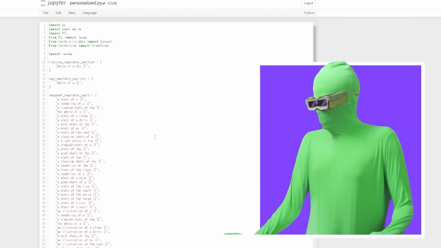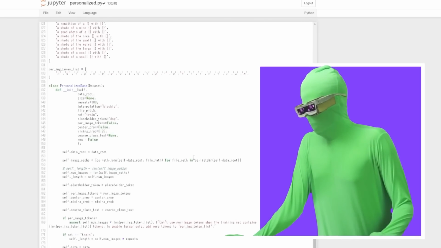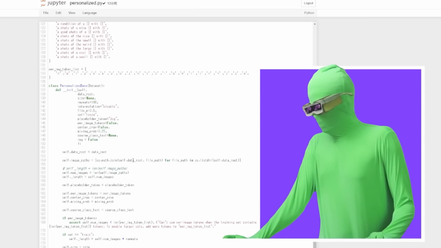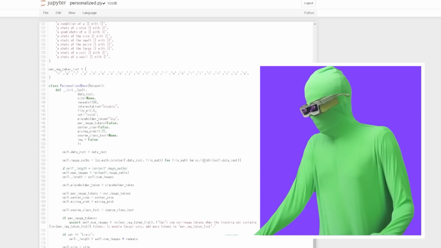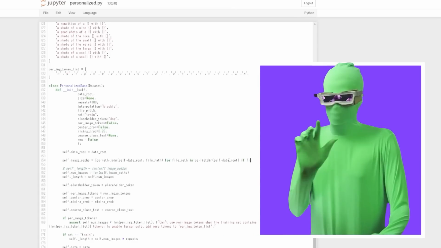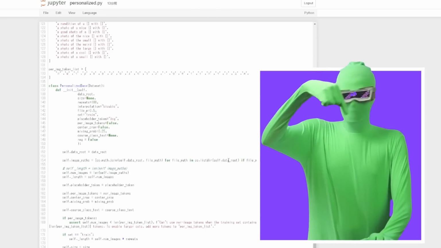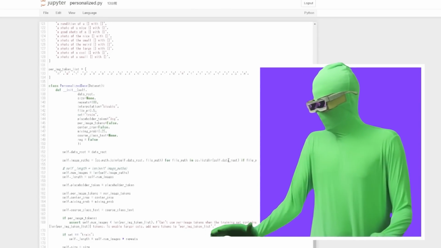You have to add something here to make sure it skips the folder. So here's what you do. Come to the part with os.path.join self.data_root file_path, specifically the for file_path in os.listdir self.data_root line. In this, add: if not file_path.endswith, with quotes and the dot. Again, it's in the description, so you really just have to copy and paste more than likely, but I'm typing it out here.